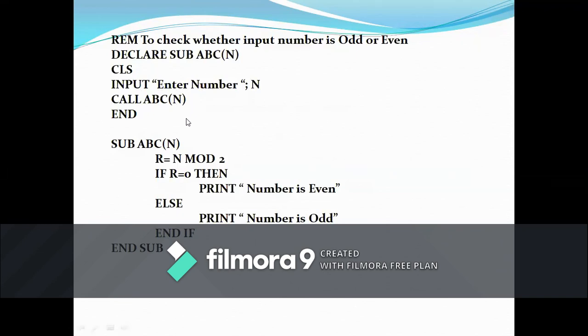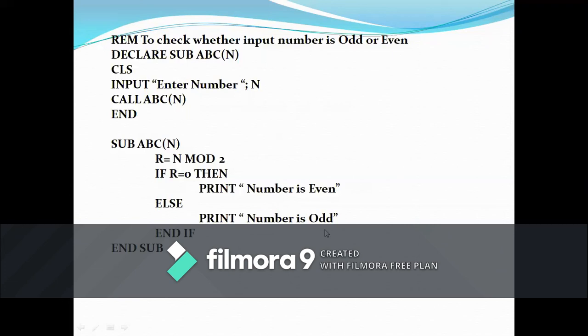Suppose if you input 5, that 5 goes to this n written in subprogram, and suppose the value of n is 5. So 5 divided by 2, value of r is 1, remainder is 1. So if you divide any number by 2 and if remainder is 1, that is odd number. So if the value of r is 1, 1 equals to 0, so condition is false. So it will go to false side, that is else side,